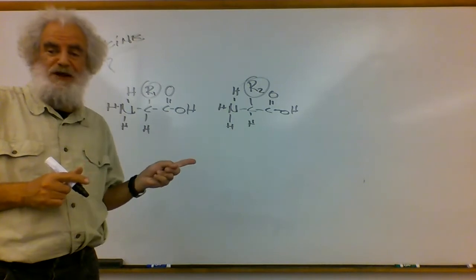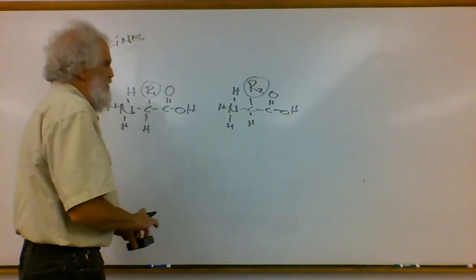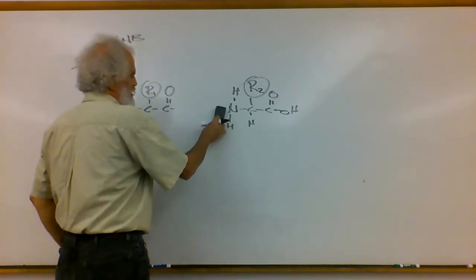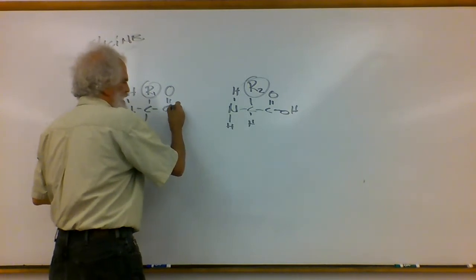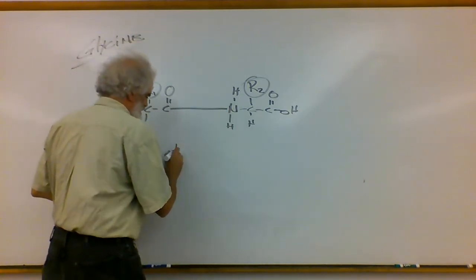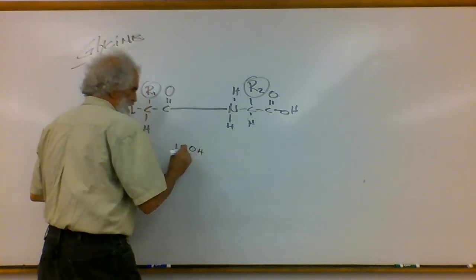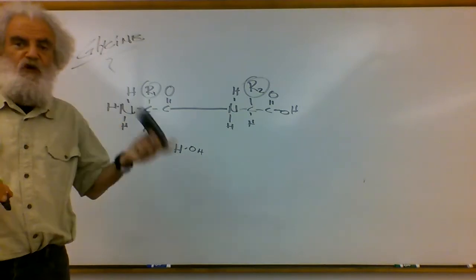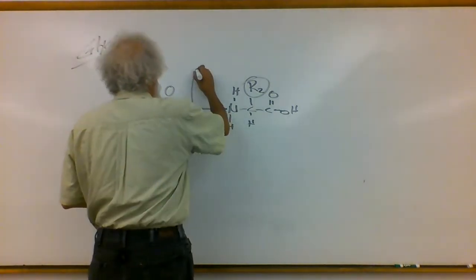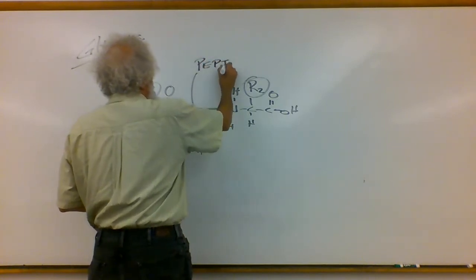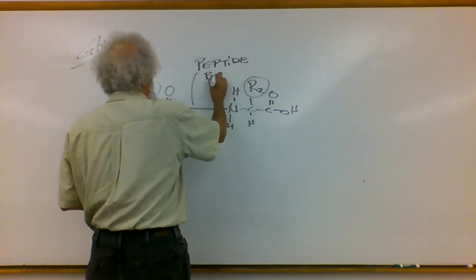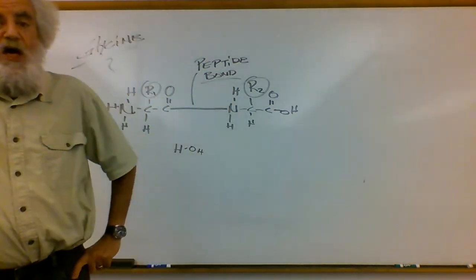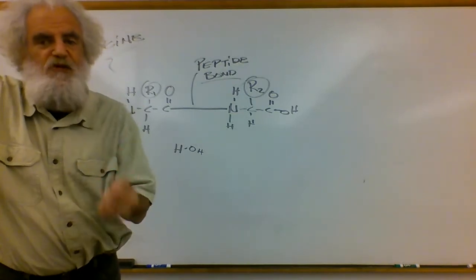So you're going to look to see how you can make a molecule of water, i.e. pop a hydrogen off here, the OH group off there, make a molecule of water, and bada bing, you have made a carbon-nitrogen bond. This is just a plain old strong covalent bond, and it's given the special name of the peptide bond, but let's not be overly pedantic. It is just a covalent bond. The point being, amino acids are linked together through covalent bonds.